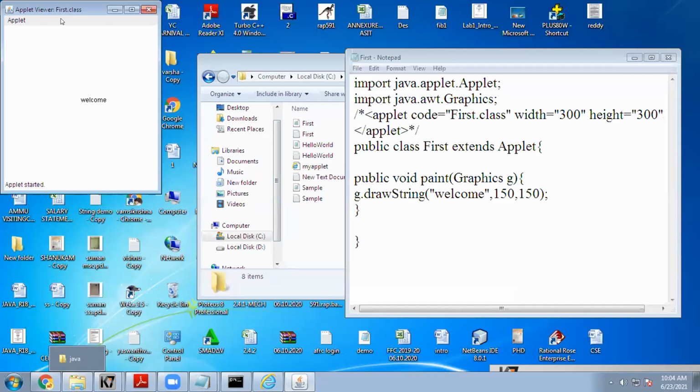Now because of these applets we can do many actions with respect to the Graphics class. This Graphics class provides various facilities and various methods are also there. And the Applet class also has various methods. By using all these concepts we can perform many graphics related things.